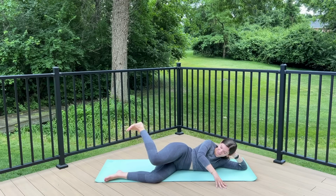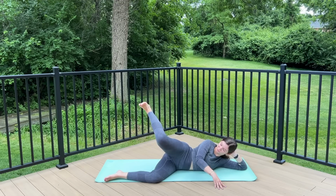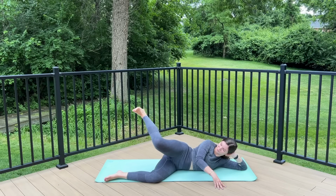Lower down, 2 more, exhale, lift, and lower, hold the foot lifted now, and pulse it up here for 10, 9, 8, little squeezes up and down through that glute just for 5, last 4, 3, 2,